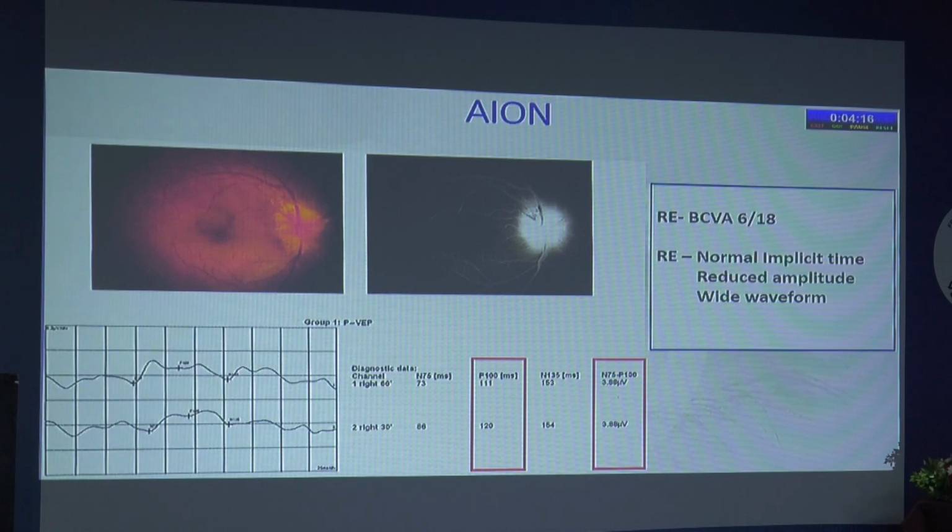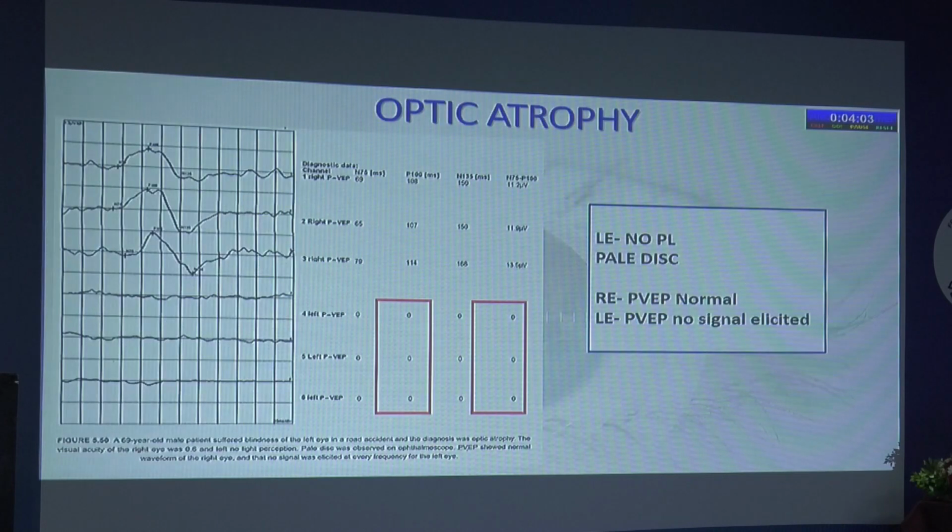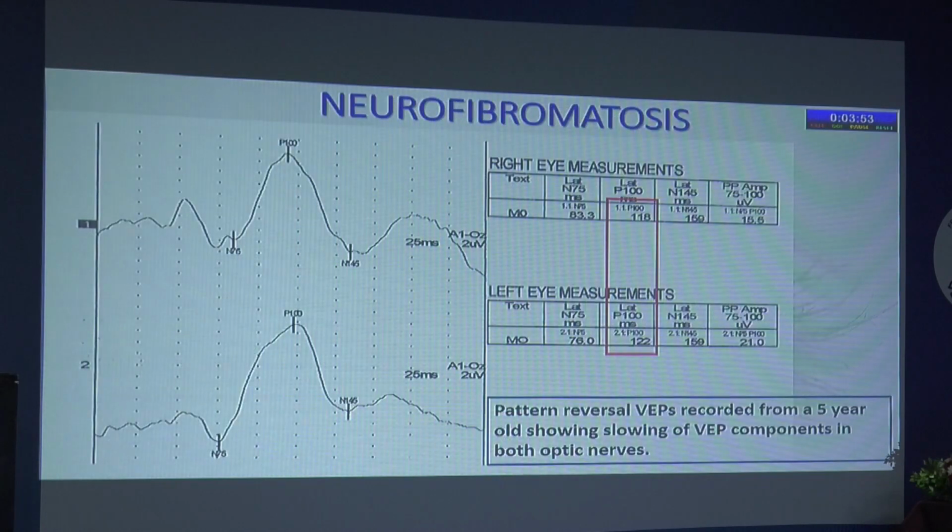and the waveform becomes a little wider. Similarly, in cases of papillitis, implicit time might be delayed and amplitude might be moderately reduced. This is a case of optic atrophy with no PL, disc was pale, and it is a flat VP, no signal was elicited. Now, VP can also be used for evaluation in cases of neurofibromatosis having optic nerve gliomas and